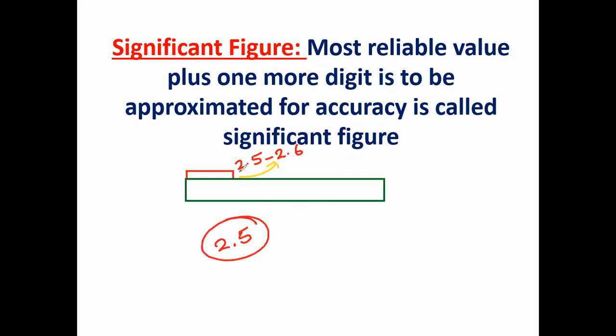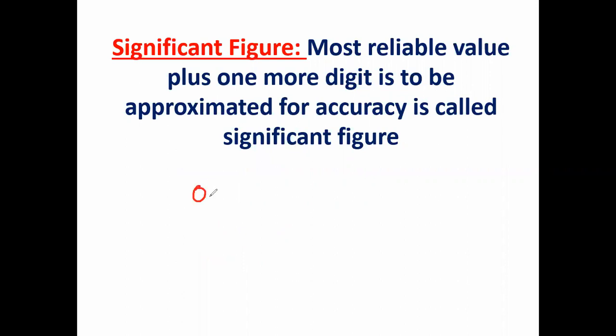And afterwards, to say it's a measurement of exactly 2.53 or 2.54 like that, that last digit I am adding is called the significant figure. The most reliable value plus one more digit that is approximated is called the significant figure, right? Significant figure, while you are writing